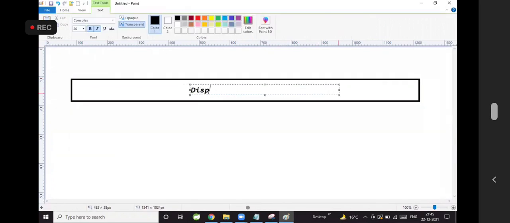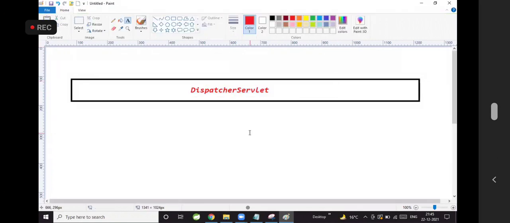Here we are having dispatcher servlet. This is also called as front controller in Spring Web MVC.